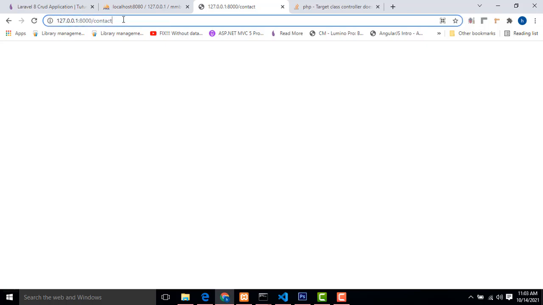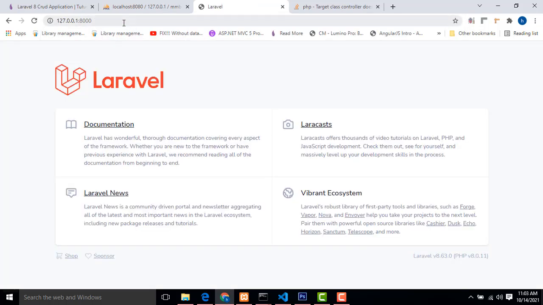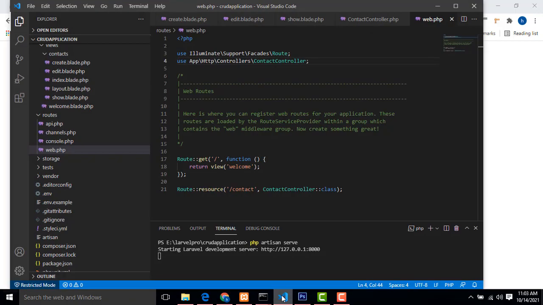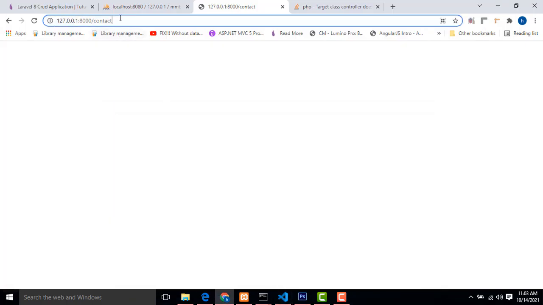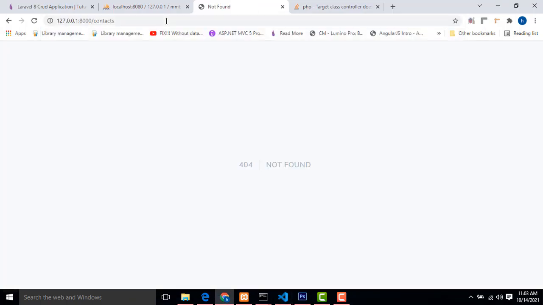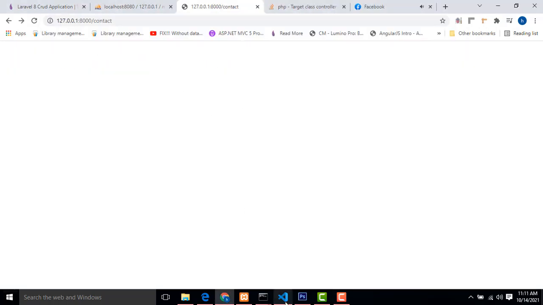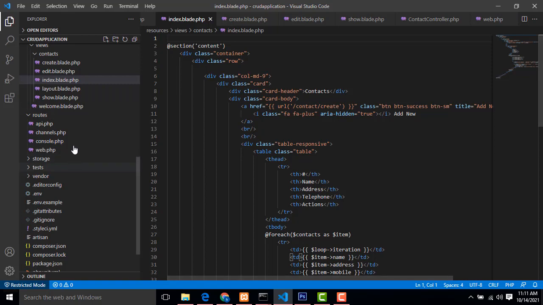What's the problem? The contact page is empty. There's no error shown, but it's empty. Why should it be empty? The problem was that I hadn't included the layout.